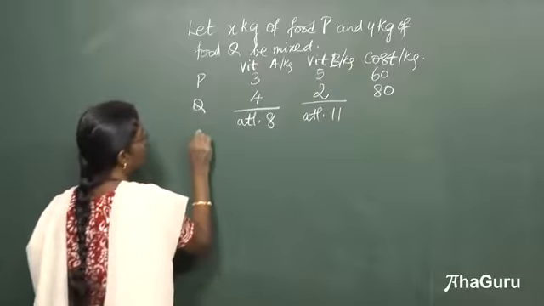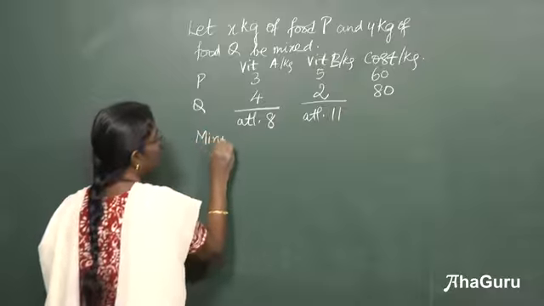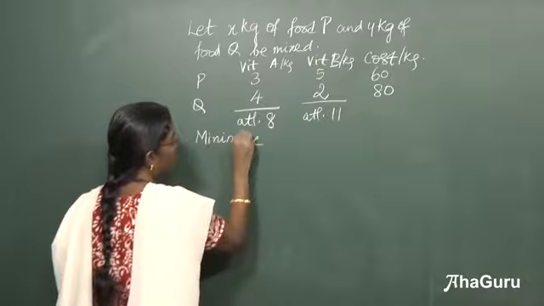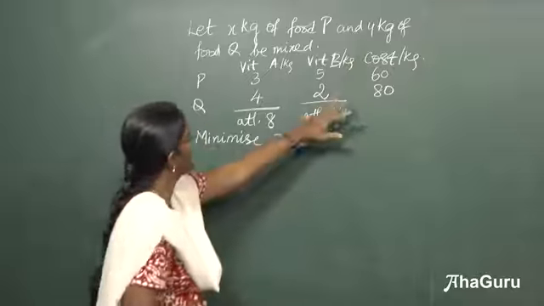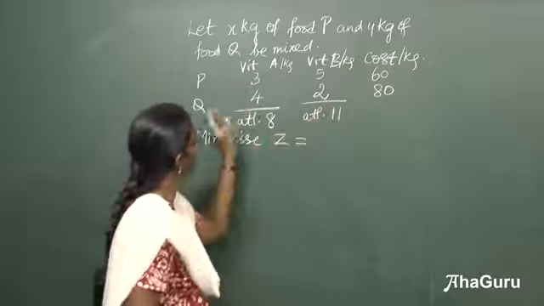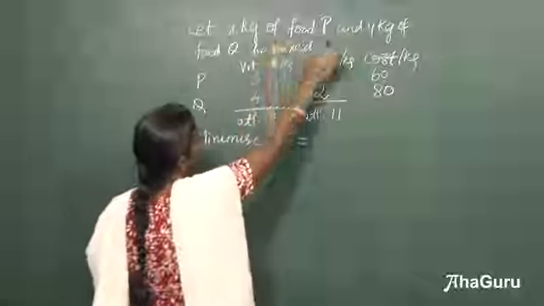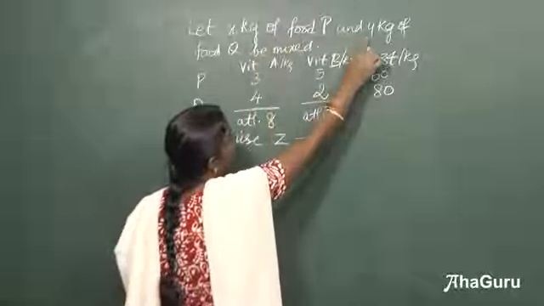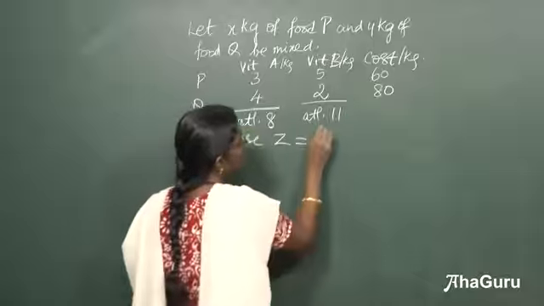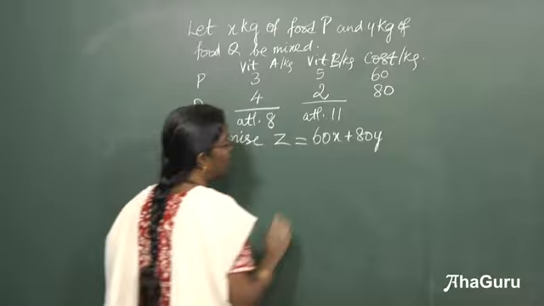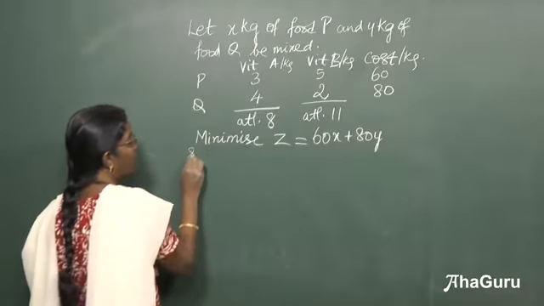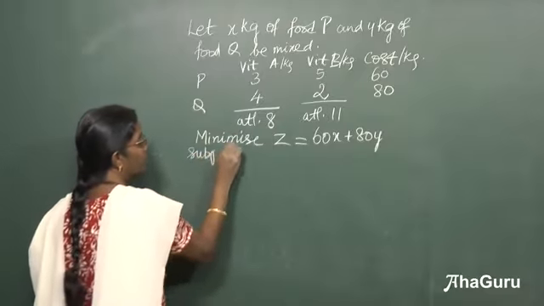So, what is the objective function which has to be minimized? Z will be to minimize the cost, cost per kg of P is 60, Q is 80. We have considered x kg of P and y kg of Q is mixed. So, we have to minimize 60x plus 80y subject to,